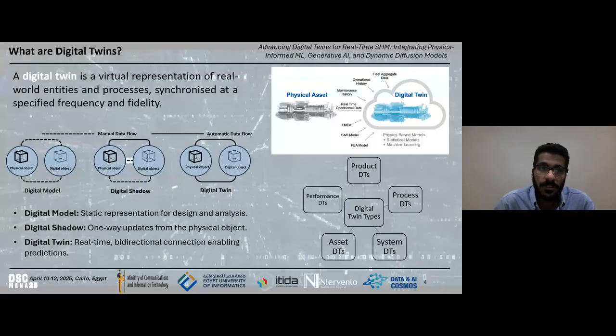Okay, before we think about digital twins, just a quick poll before we introduce this. I just wanted to see if anyone knows about digital twins. Can everyone see the poll?